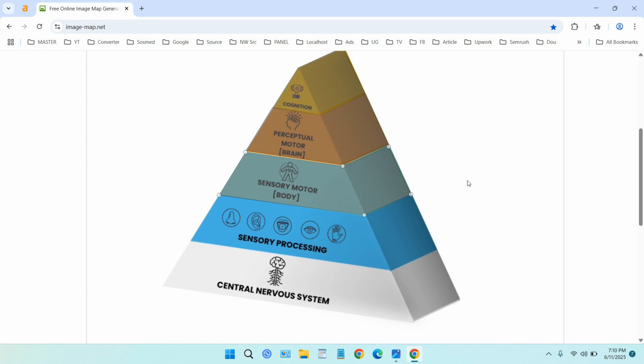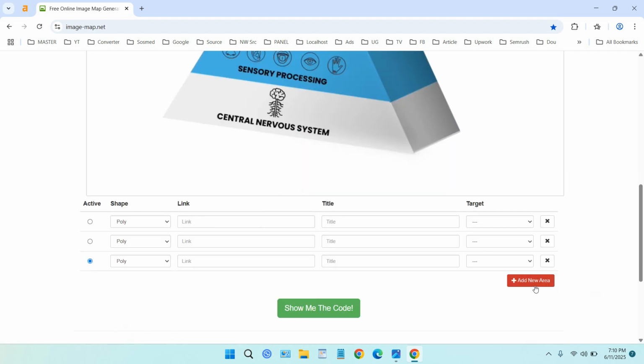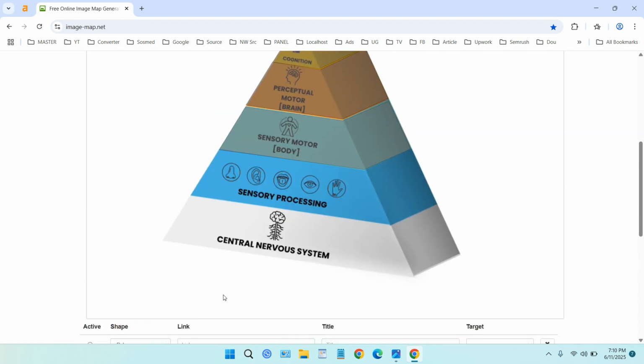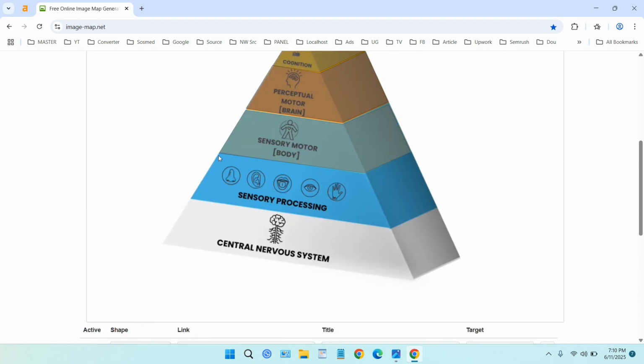And then the fourth, we can add a new area again, activate it here, select poly again. We can click to add the points here, here, here, here, and here. Okay, this is a little down. Okay,